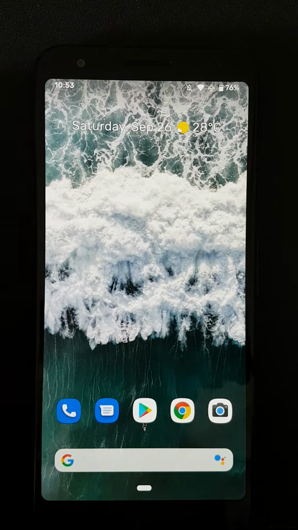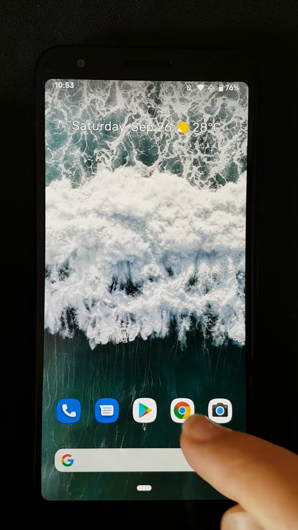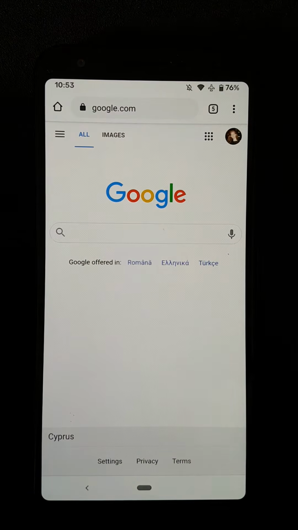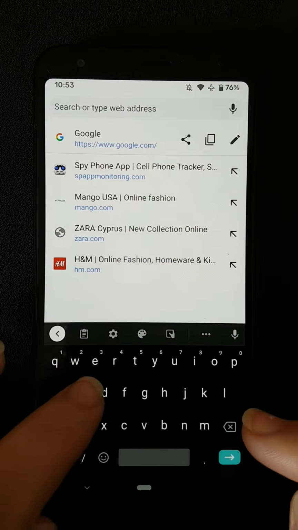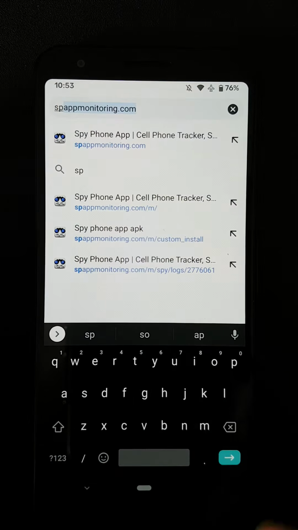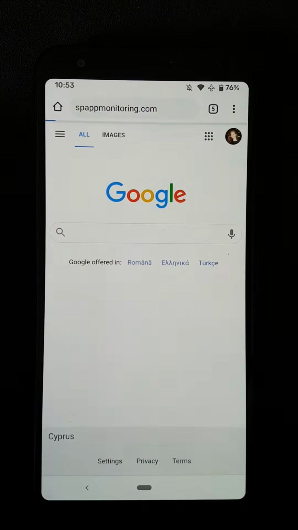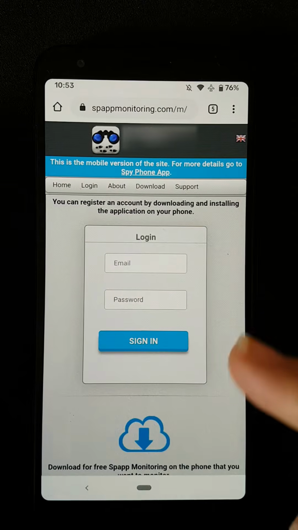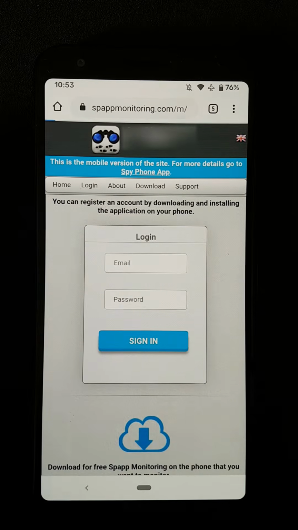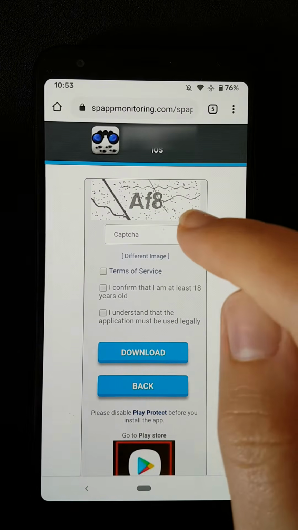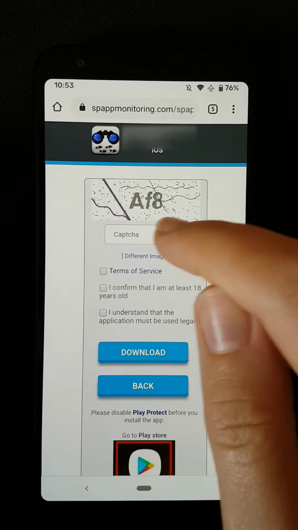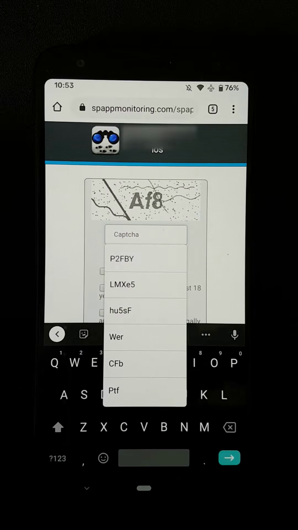Now we'll start the installation itself. So go to Devices browser. In my case, this is Google Chrome, but you can use any other browser. Type spappmonitoring.com and tap on Enter. Now tap on Download, one more time on the download icon, and now you need to insert the security code